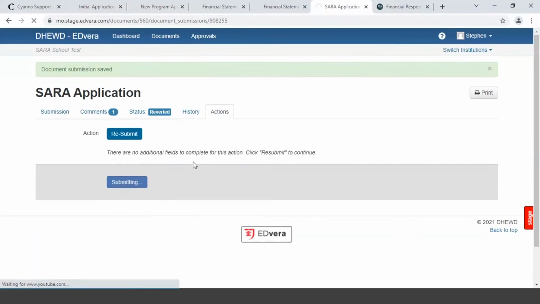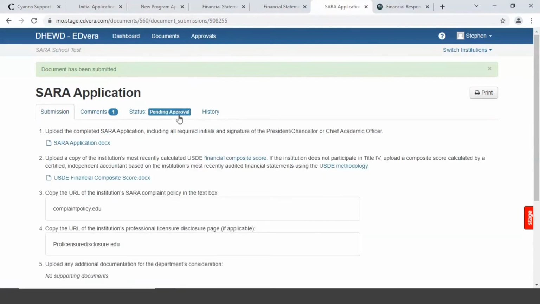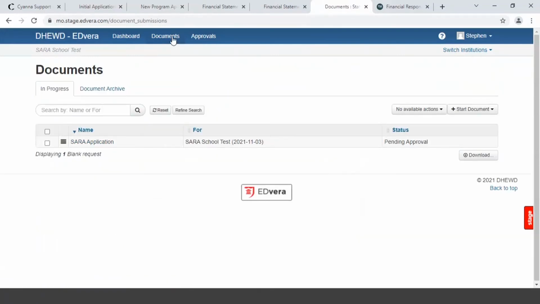And you'll see once that happens that your status will also change and it will go back to just pending application or pending approval. So I will go back in and take a look. Okay, yeah, it's fine. So once the department reviews it and approves it, you can go ahead and refresh.